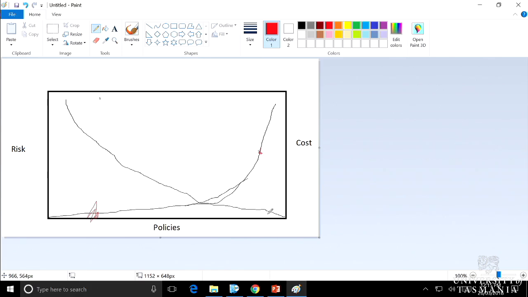So the policies they're enacting along this axis means that this is their actual cost they're spending. This is the amount of risk they actually have, which should have tapered off more for that much cost, but anyway. They're at different points. So as we drew these graphs and get an understanding of risk appetite, I should get better at drawing pictures,